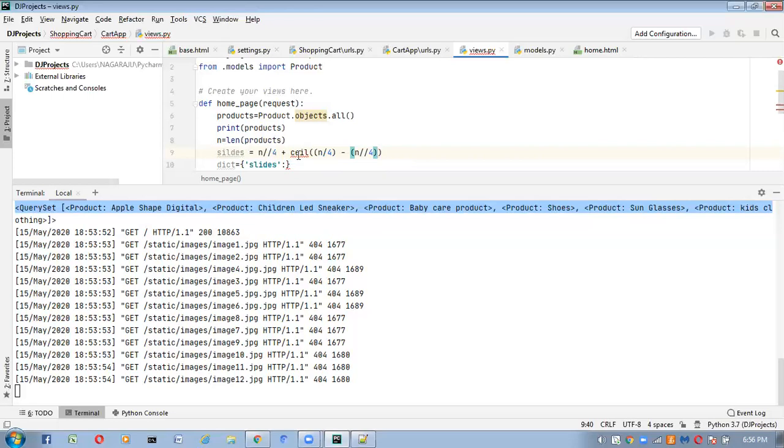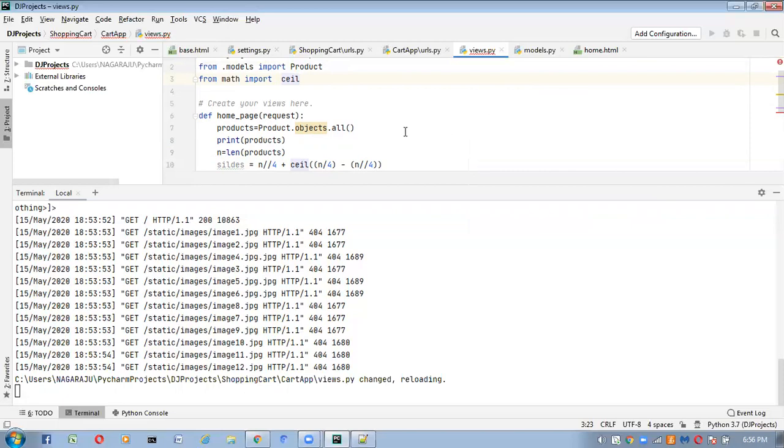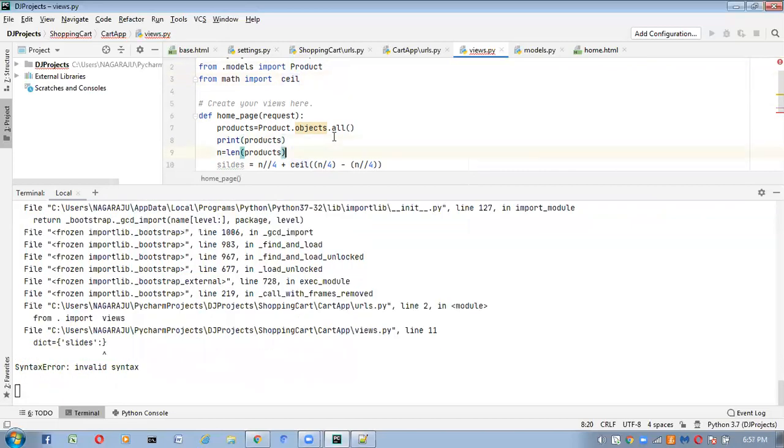Now, from where is this ceil function available? Inside the math module. So here: from math import ceil. Okay, now try to understand this formula once.